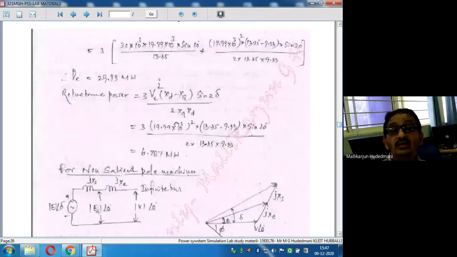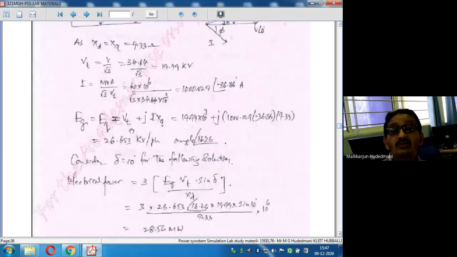So therefore I would say the electrical power transferred from a smooth cylindrical synchronous machine to the second bus is very simple, 3 times the per phase power EG into VT sin delta divided by XD, like a conventional power transfer between two buses. Now again delta is associated here. What is delta? Power angle. Because I want to calculate the power, delta is not known to me. Then I must have a characteristic such that for a variation of delta, how would electrical power change?